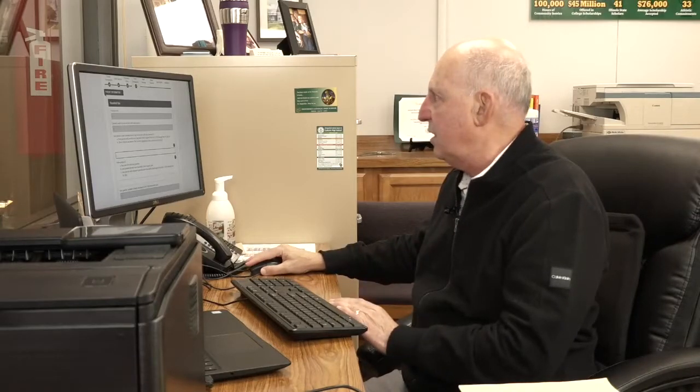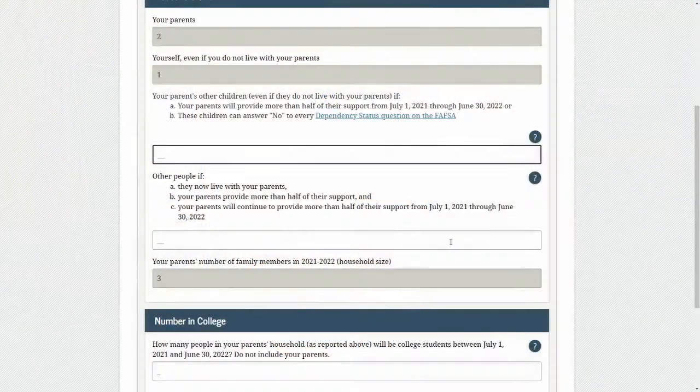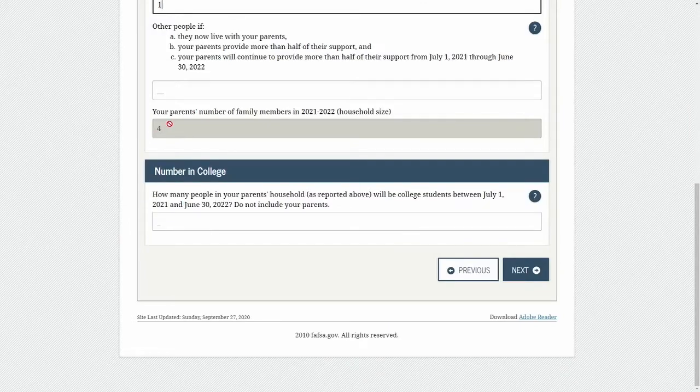The student is. But now they ask, are there other people living in the household? Other children? And so we're going to go ahead and indicate, yes, there's another student in the household or another child living in the household. Family of 4. We'll assume a family of 4. And so as you walk down this page, you'll see the 4 is already indicated. And then how many people